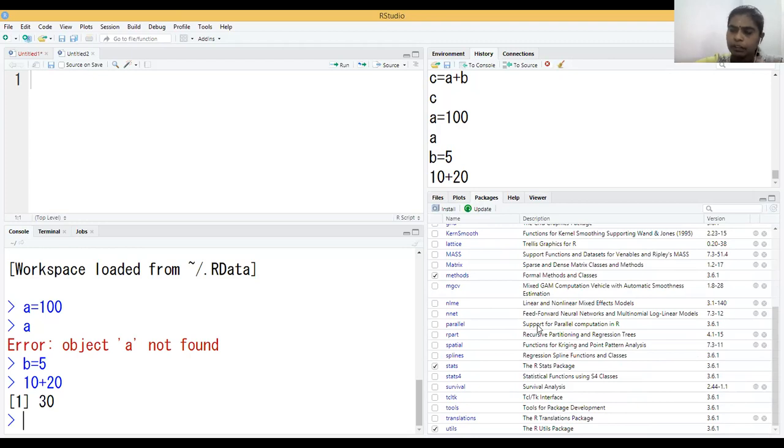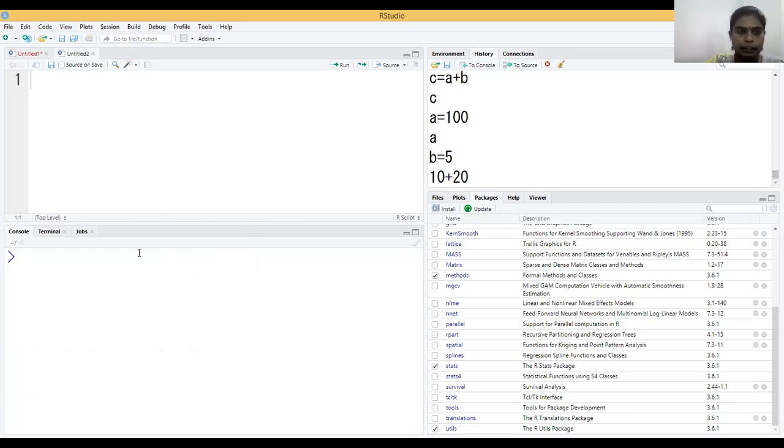Okay. So this much we have seen, and we started creating variables. We started using arithmetic operations also, but we have not started with strings, right? So now let's start. I want to create my workspace. How do I clear the commands? Control L. Very good. So now we have cleared it.